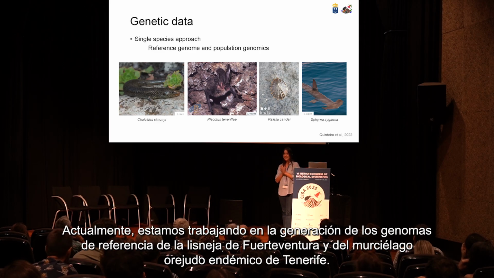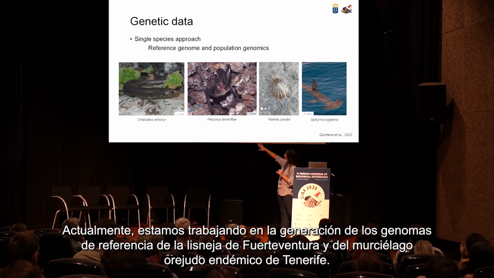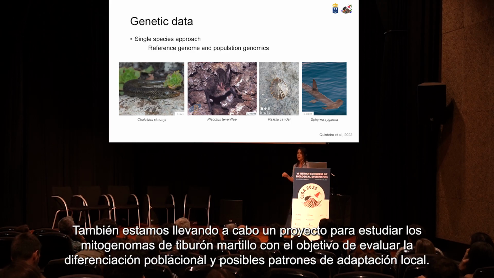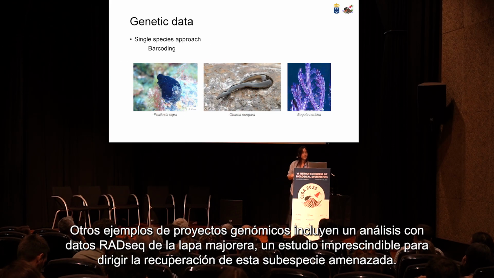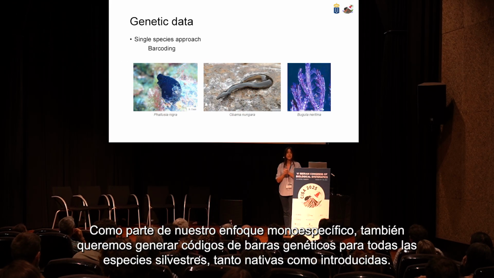And some exciting examples that we have at the moment include the start of two projects to generate reference genomes for the Fuerteventura skink and the long-eared bat, as well as a past RAD-seq study on limpets that was key to direct the genetic rescue of this endangered species, and also a mitogenome project on hammerhead sharks to study local adaptation and differentiation. So as part of our single species approach, we're also aiming to barcode all wild species, which